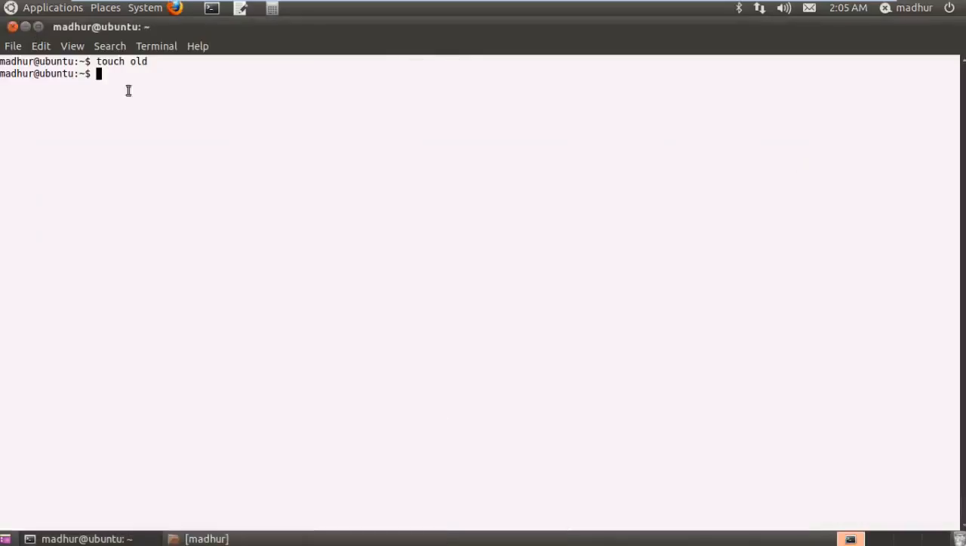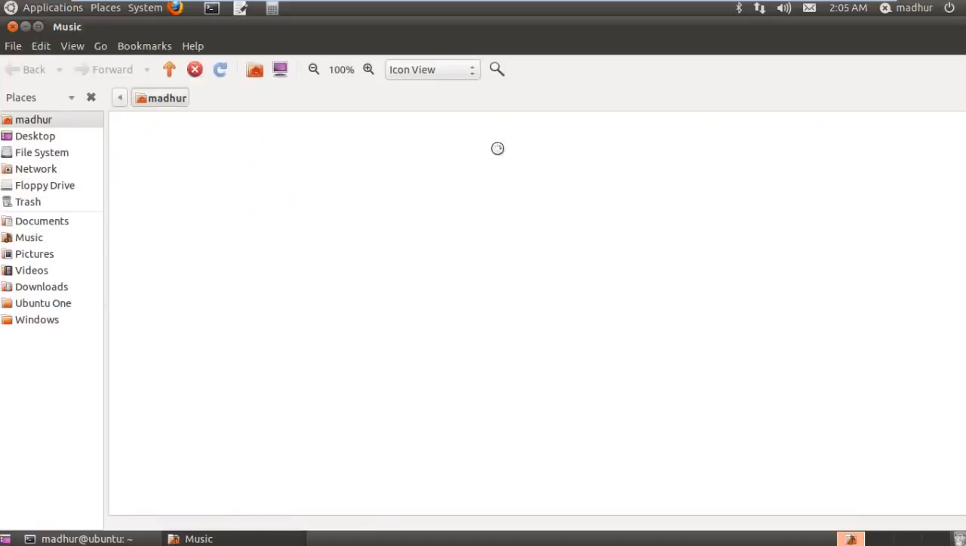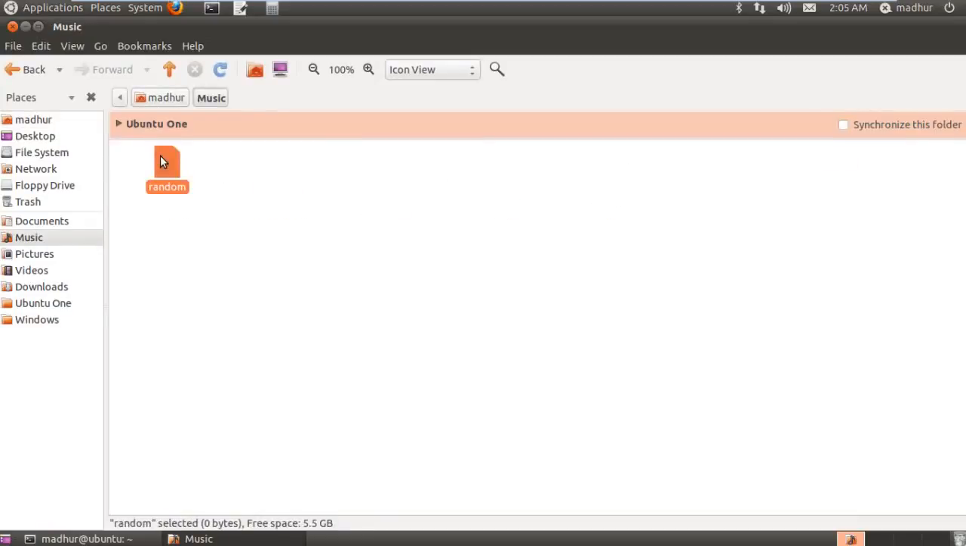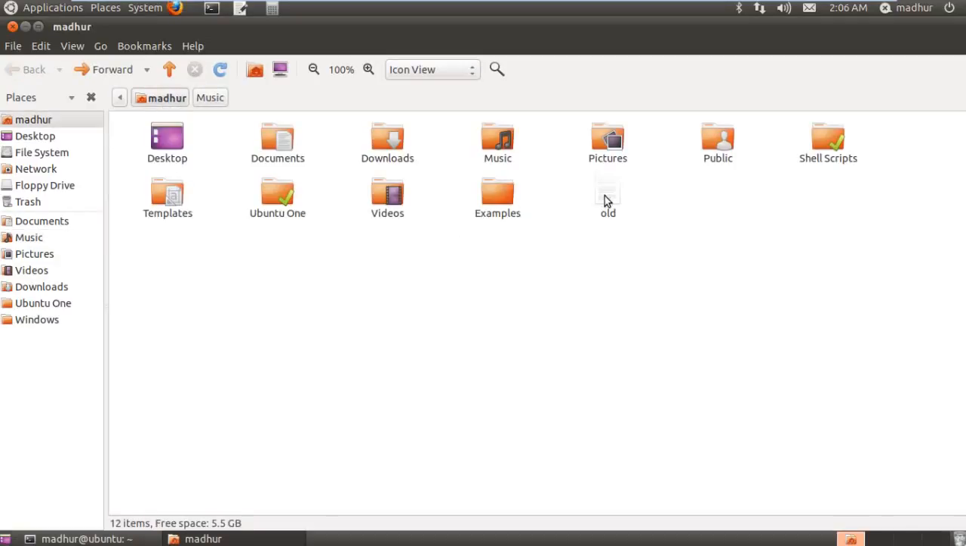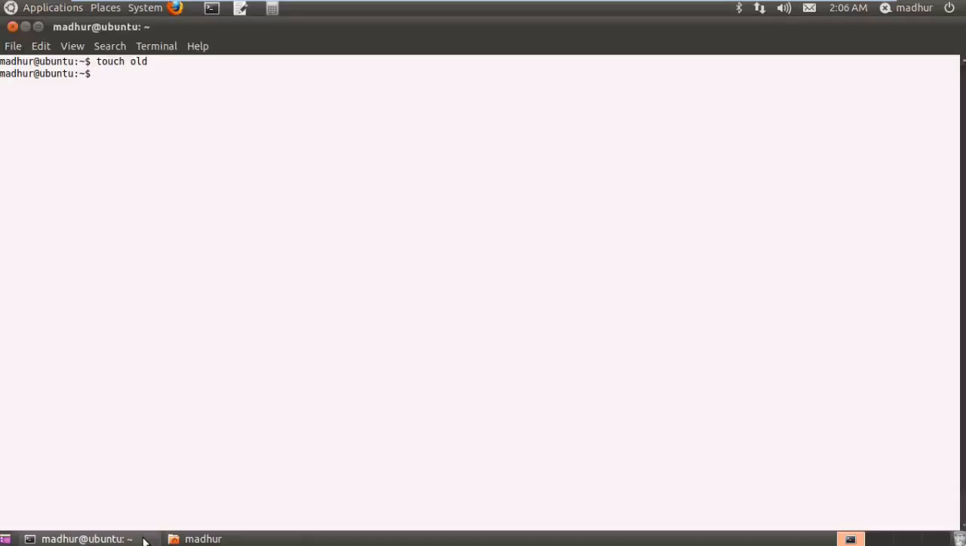Now suppose I want to copy this file old from the home folder to the music folder. I'll delete this file random so that we don't cause any confusion, and the music folder, as you can see now, is empty. What I wish to do is copy this file from this location to the music folder. Now the command to do that is I'll type in cp first